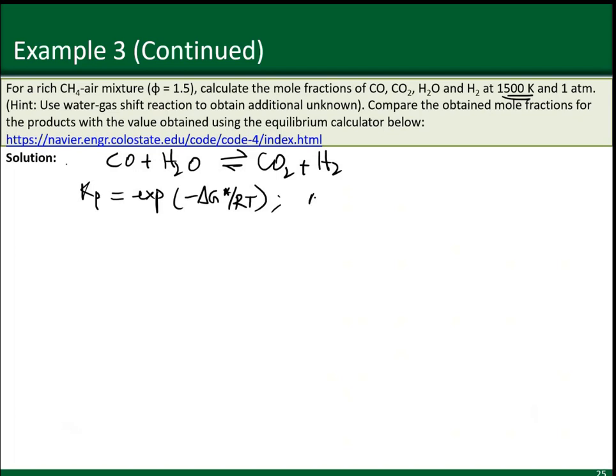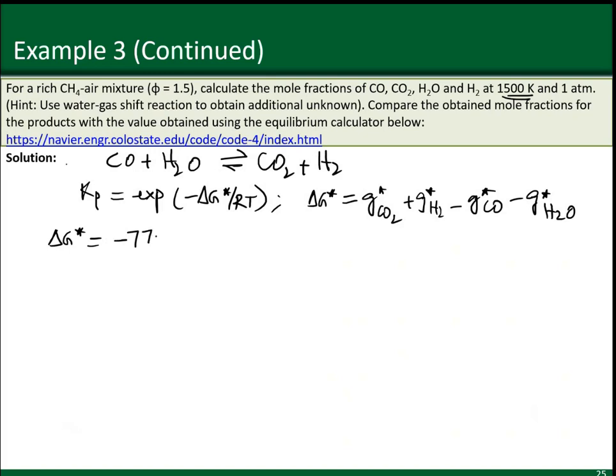Now, delta G star itself, we can write it as the Gibbs function for the products, so CO2 plus the Gibbs function for H2, minus the ones for the reactants, so the Gibbs function for CO minus the Gibbs function for H2O. Now we get all of these values from the tables for the Gibbs function that I've uploaded on the Blackboard, and we need to get them at 1500 Kelvin. Okay, so when you obtain those values, you should get something like